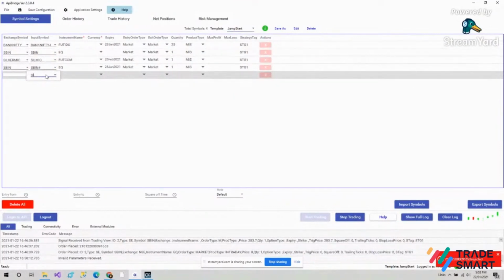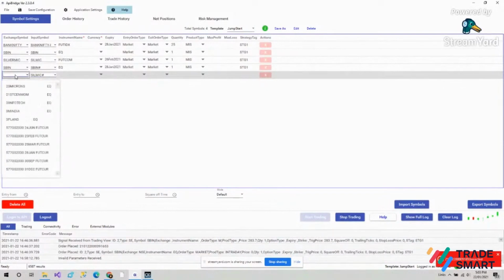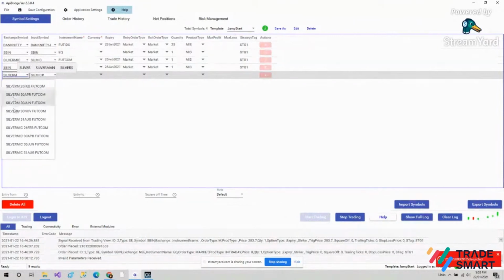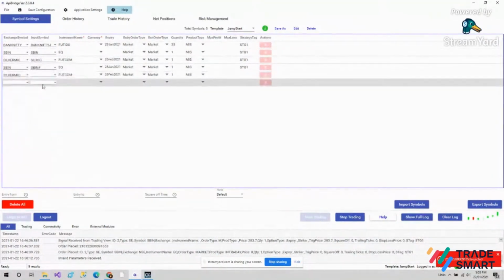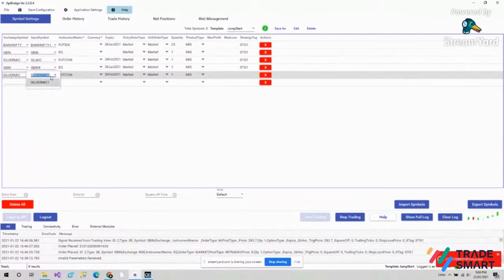So I'll add it, SIL MIC #, and here I'll add silver MIC, and rest of it got automatically filled.